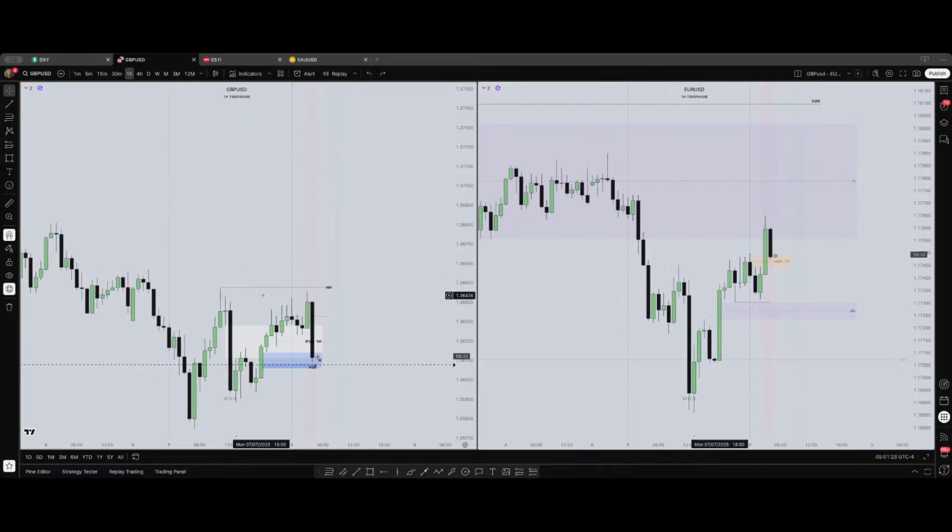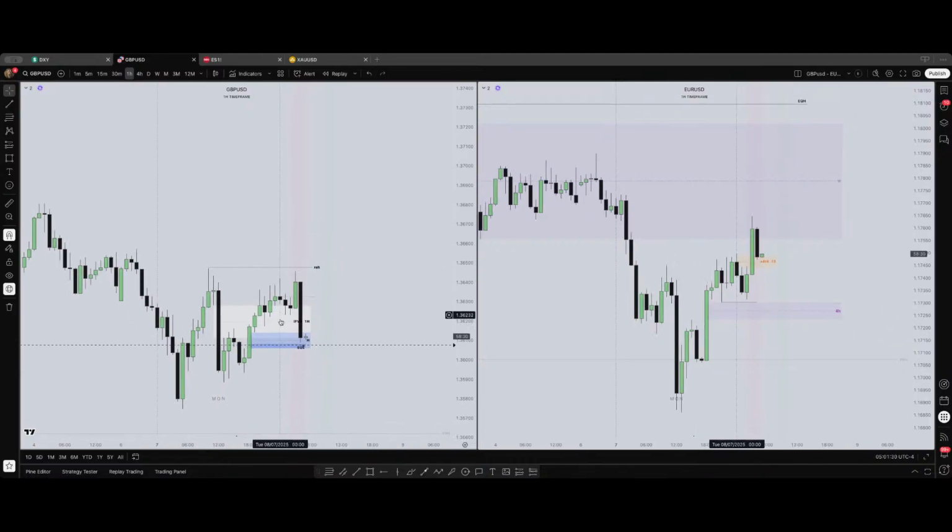And also I'm not so sure, because look at GBP USD and look at USD. USD is showing strength to the upside, while GBP USD is doing this kind of movement like a manipulation just to grab liquidity here, and then I think we'll continue to the upside. You know what I mean? And this is a beautiful, very clean relative equal high.